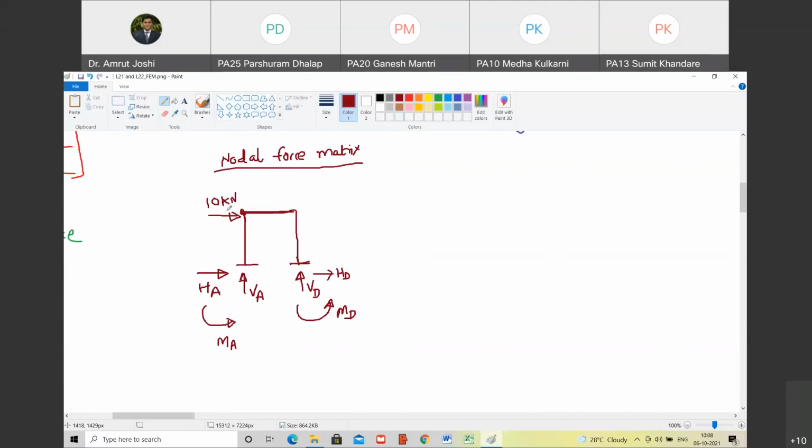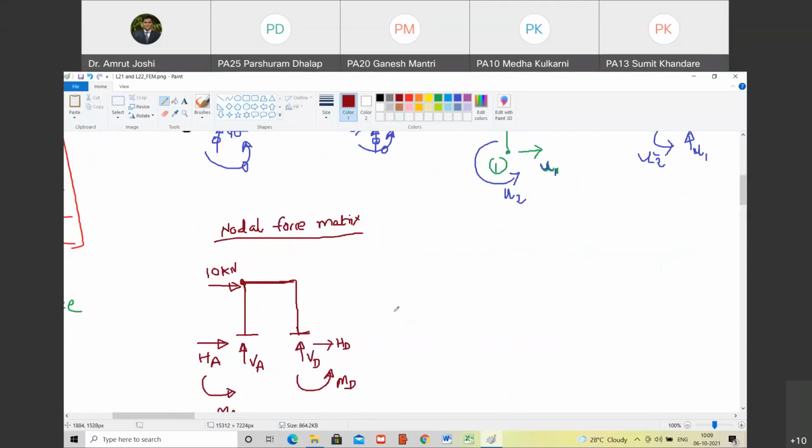Yes, sir. So I hope you have done the stiffness matrix method. उसमें भी ऐसे ही करते हैं हम. When you see the final equation of equilibrium, you will understand what I am trying to do. But mind you, these HA, VA, MA, HD, VD, MD are not only due to 10 kilonewton. What we are saying is these reactions are due to both 10 kilonewton and member loads. When I club them in the equilibrium equation, you will see how that works out. Are you with me?